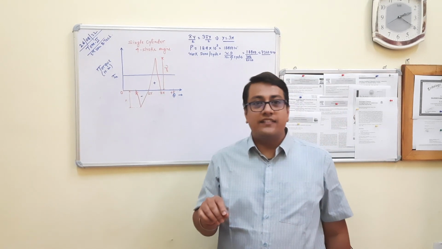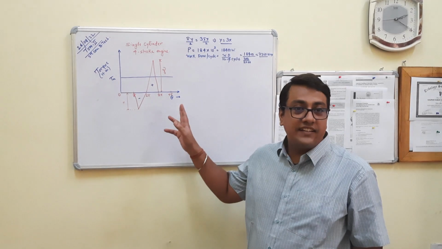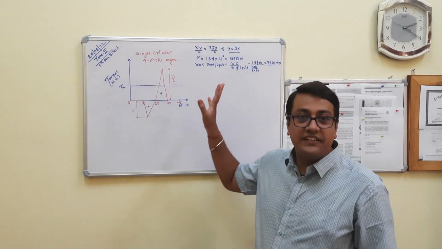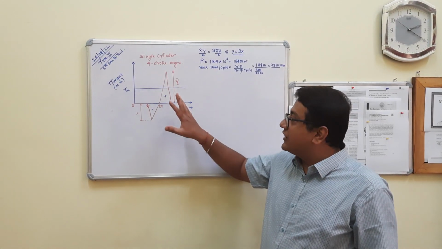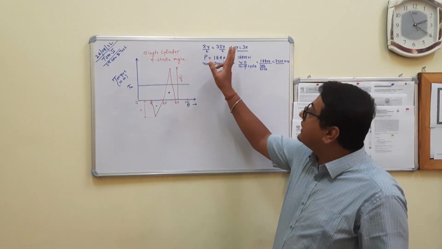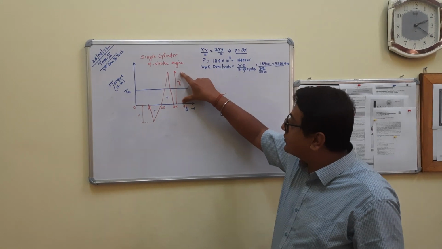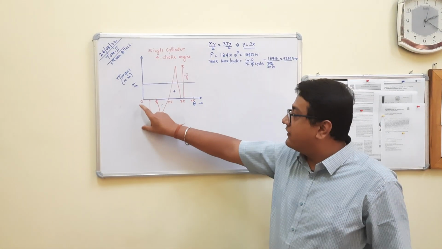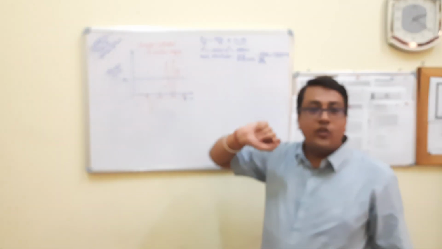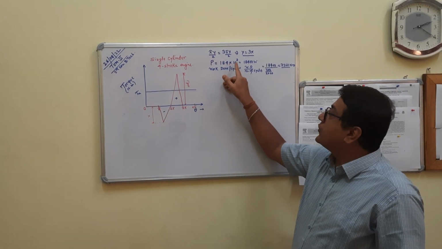So in today's class, in our first session, we were solving one problem based on a single cylinder 4-stroke engine, and we were at this juncture in the classroom. So we have drawn this turning moment diagram, and also we have derived one relation between y and x. We have considered this peak height as y and this valley depth as x, and we have derived y equal to 3x. And also in the question it is given that the power is 18.4 into 10 power 3,